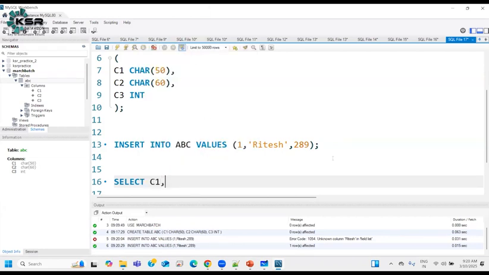I want to select column 1. I want to select column 2. I want to select column 3. From which table do I want to select? From ABC. So if I run this,